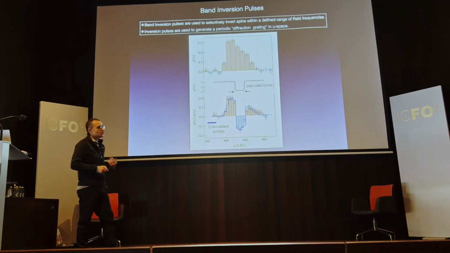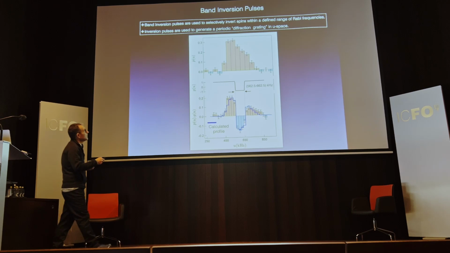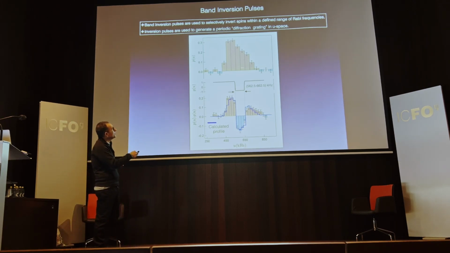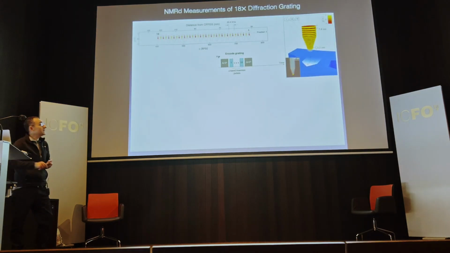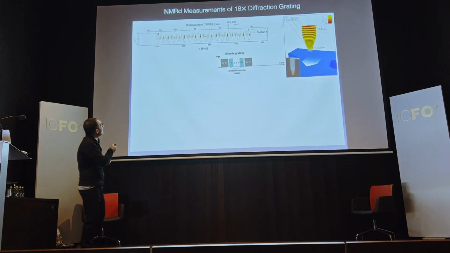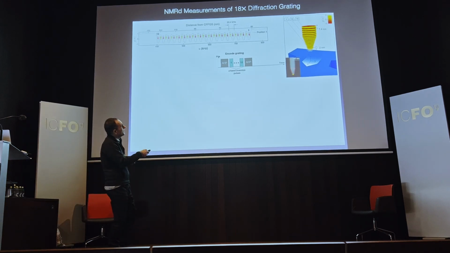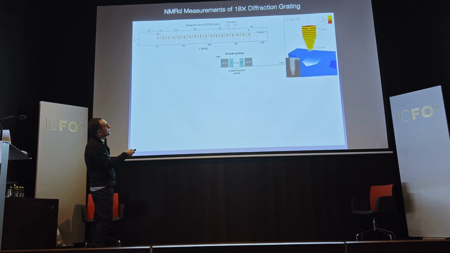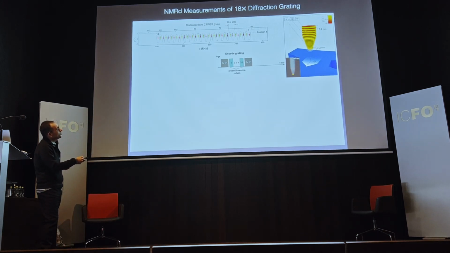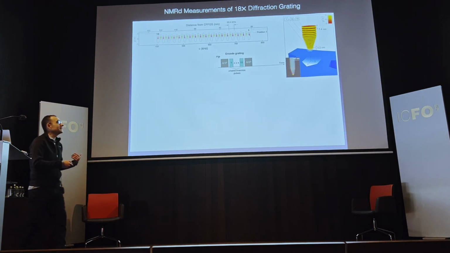To create the periodic structure, we developed something called a band inversion pulse that allows us to selectively invert part of our Rabi frequency distribution. And what we can do with these pulses is to create a grating, so essentially a diffraction grating, by inverting slices that are 10 kilohertz wide, so they're separated by 20.4 kilohertz. So it makes this sort of striped pattern that you see here. The red is where the spins are inverted, the yellow is where we don't invert them. So it creates this periodic structure, and what we wanted to do was demonstrate NMR diffraction on the nanometer scale